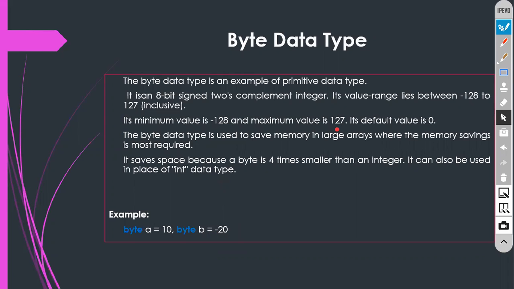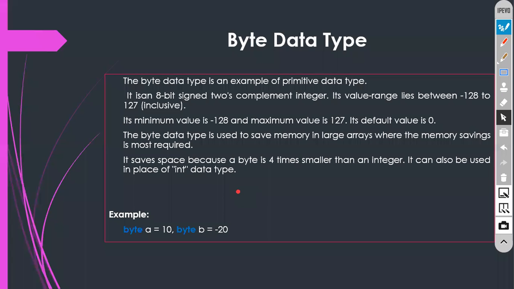So that is what I told you. 0 to 255. Please understand 0 to 255. Nothing but what you get when you divide by 256. When you divide by 2, you are going to get -128 to 0, and again 0 to 127. So this is what exactly you need to understand.